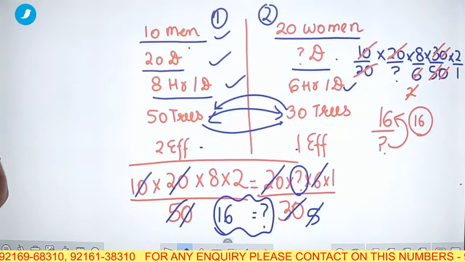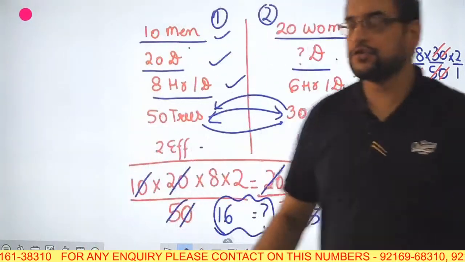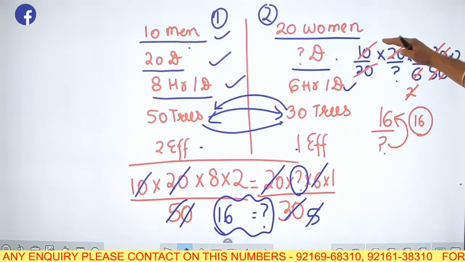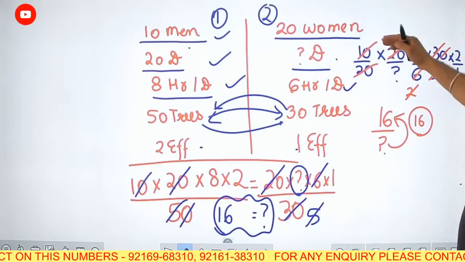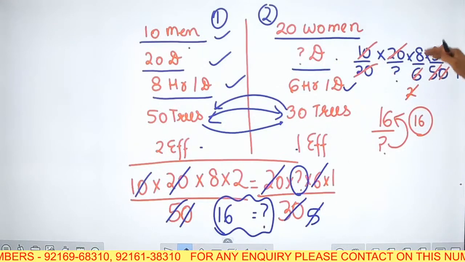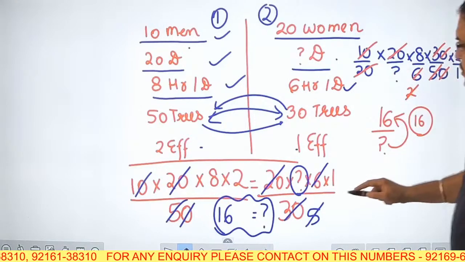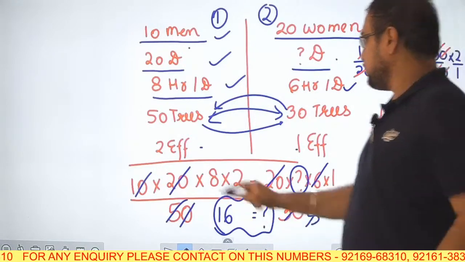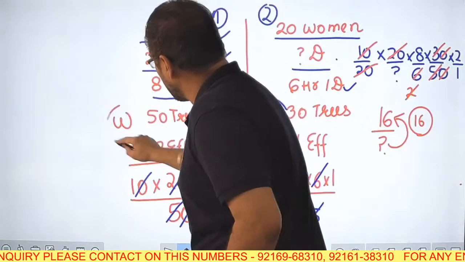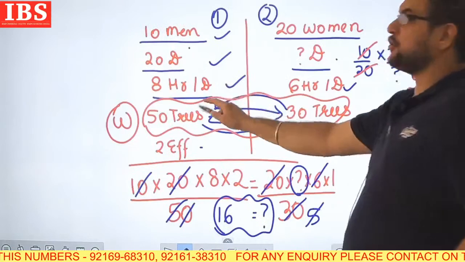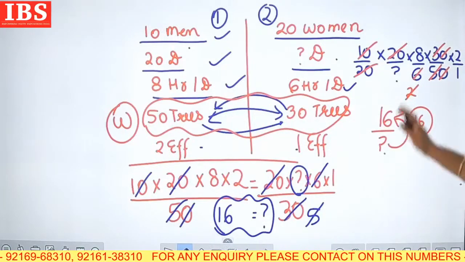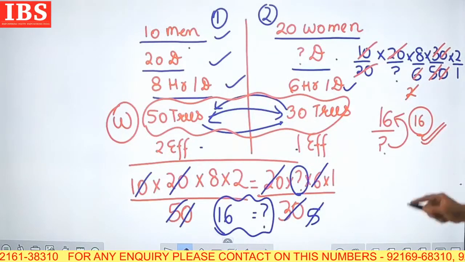So in this manner we will be able to solve such kind of question in which we are given men, women, days, and work is also given. So we calculate the fraction of all these. In which parameter we need to invert? We need to invert for work done. We need to have the opposite fraction, that is 30 on the top and 50 below. Okay. So in this way we will be able to solve this question as 16 days will be the right answer.